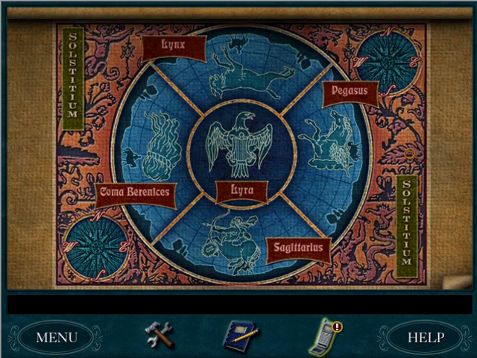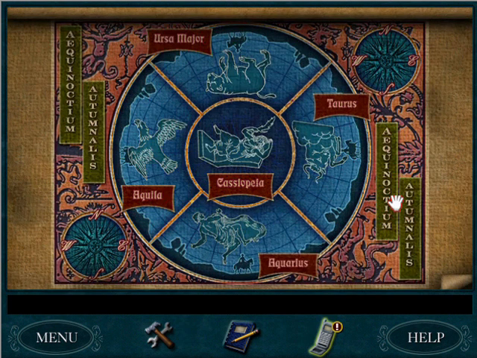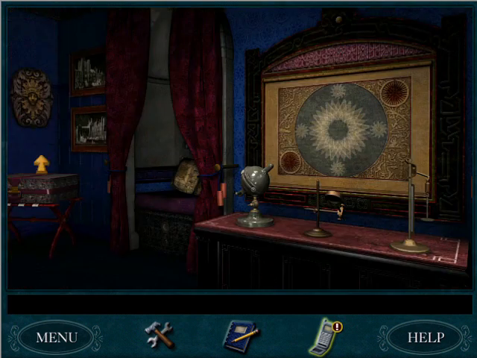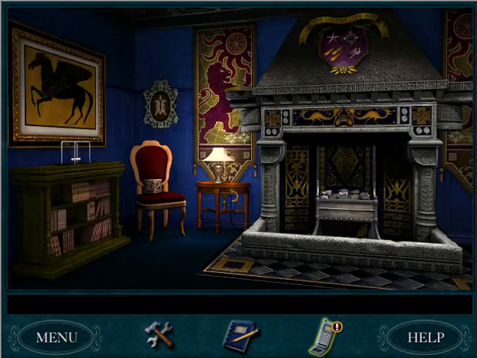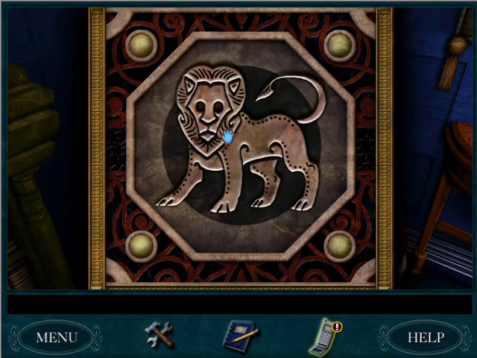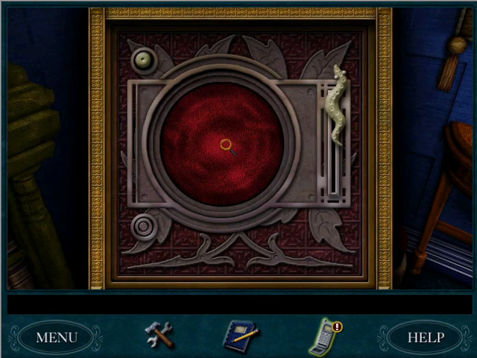And the, let's see, what else? Oh, wait. Here we go. So the lynx is in the middle. The dragon is north. Leo is to the east. The rabbit is to the south. And the Pisces is to the west. So we want to look at this one because this has all the five animals that are on the box. So you write down where each of them are and then go over to the box and just basically try to match it up. So like if we do the lion first, we know that the lion has to be